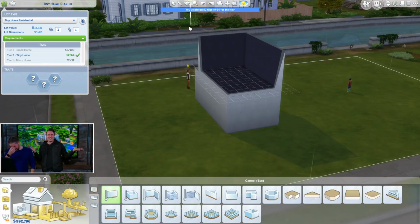What's a bunk bed? I've never even heard of a bunk bed. We'll get to that. We'll get to bunk beds. We'll talk through our logic of why we chose what for this pack. Simmer Will really wanted to know that, so we will definitely try to show behind the curtain